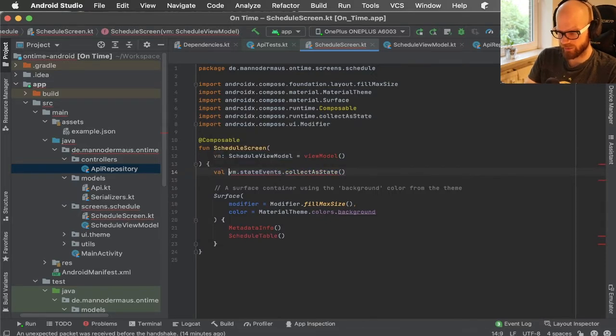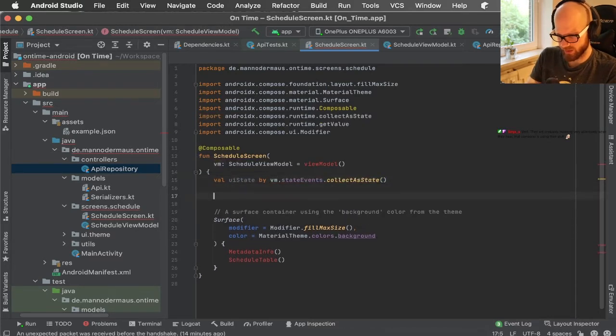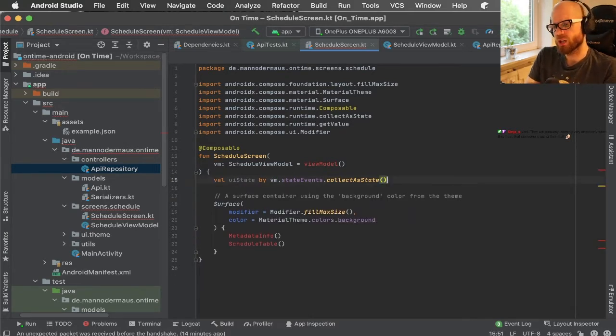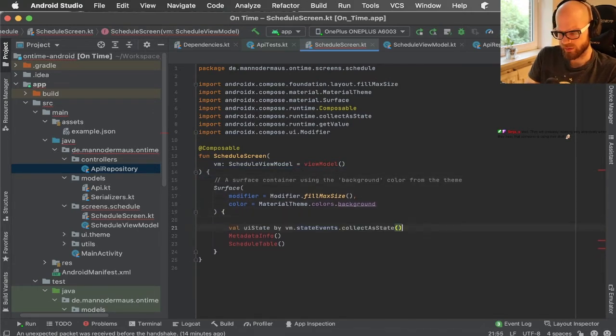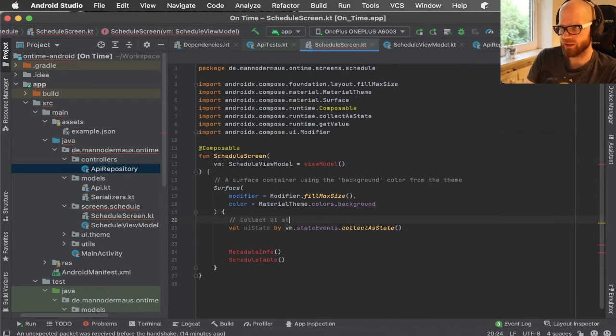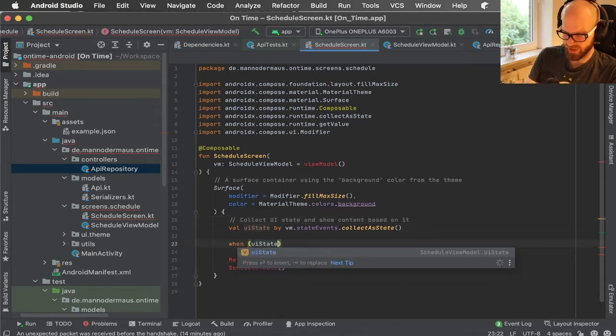And then we have, well, I guess UI state by, does that work? Yes. And then UI state is one of the three. Perfect. Good. Let's do this here. Collect UI state and show content based on it. And then when UI state,